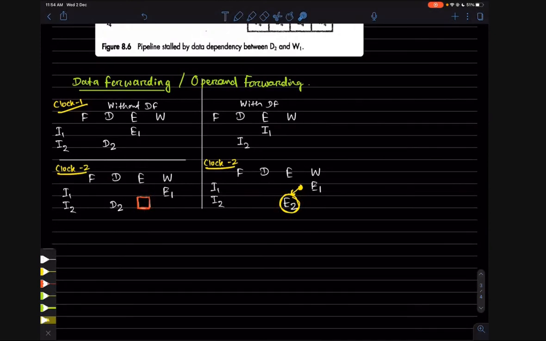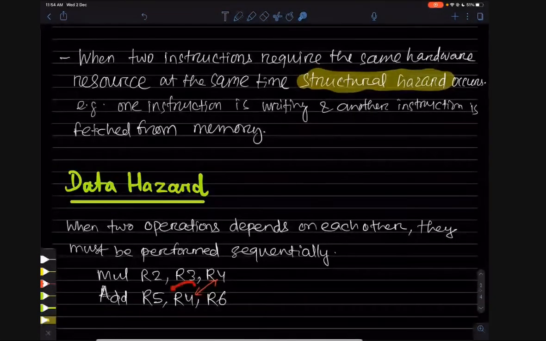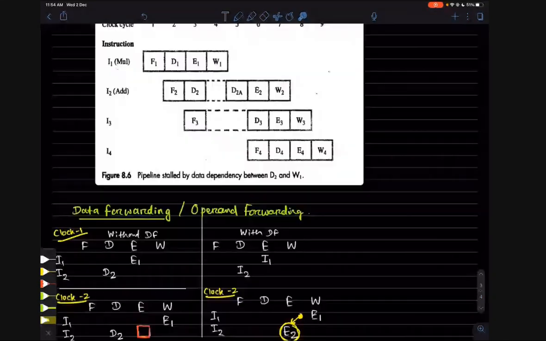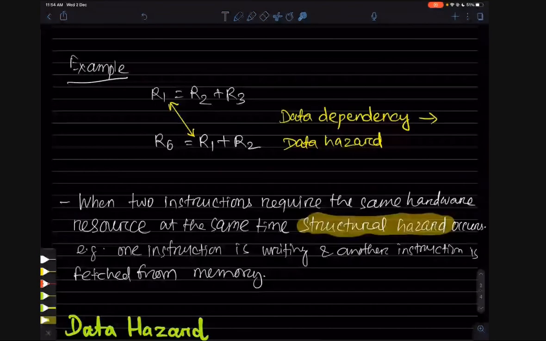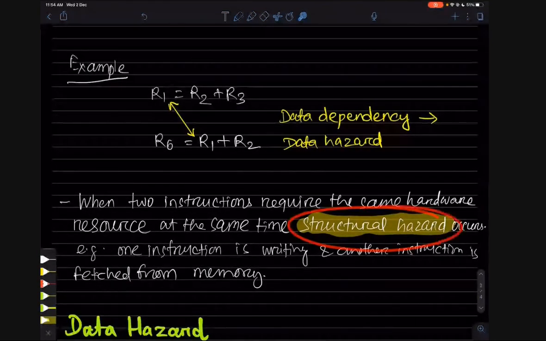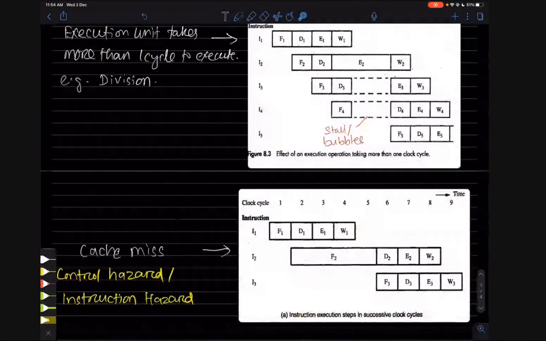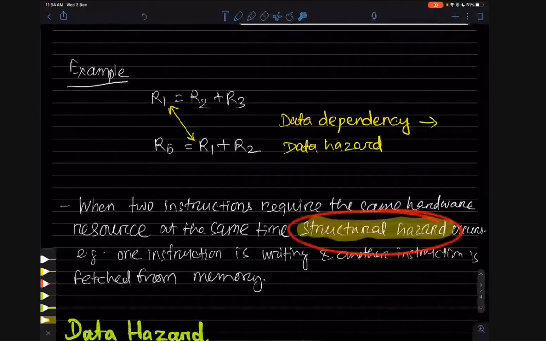So that's the simple concept. If the next instruction does not need R4, then it will just ignore the forwarded operand. It will not access it because it has its own data already. So it will just go for the addition operation or whatever operation. Then we will see how to tackle instruction hazards. We will see how to tackle structural hazards plus data hazards. Some more techniques are there, so that also we will see in the next class.